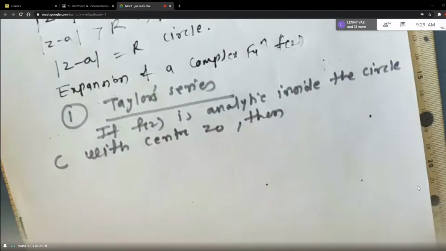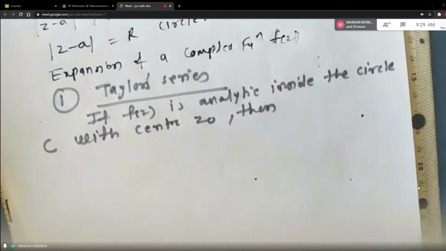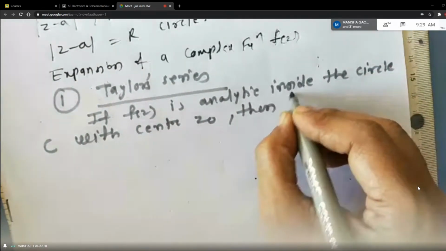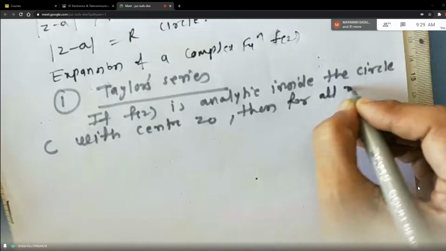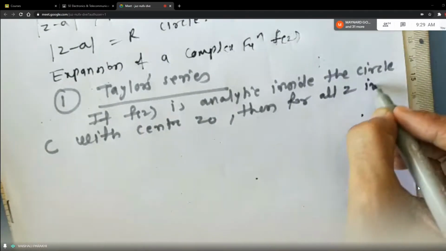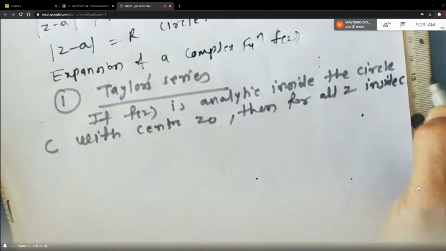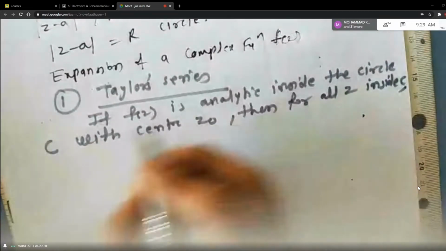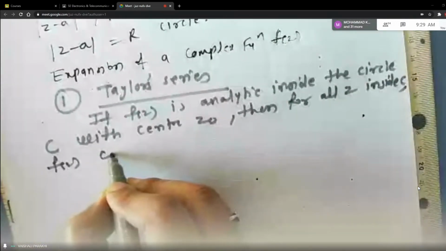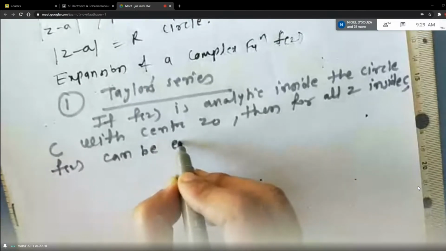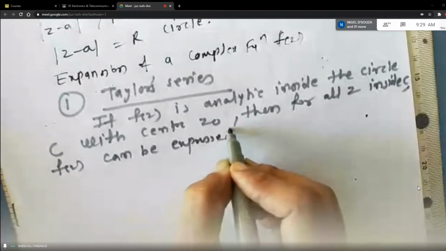Please take down. If f of z is analytic inside the circle C with the center z naught, then for all z inside C, f of z can be expressed as